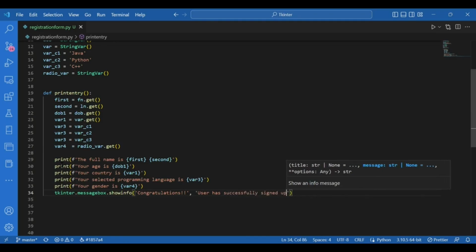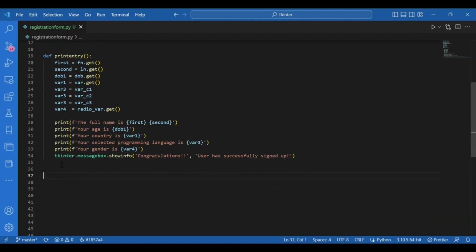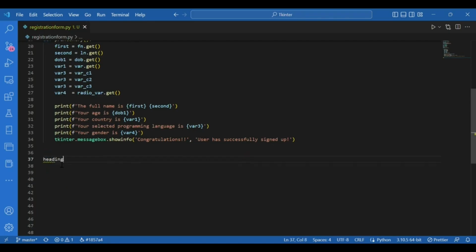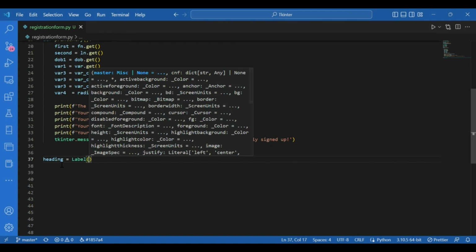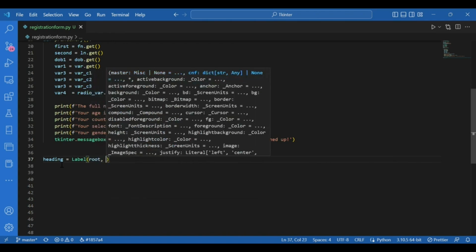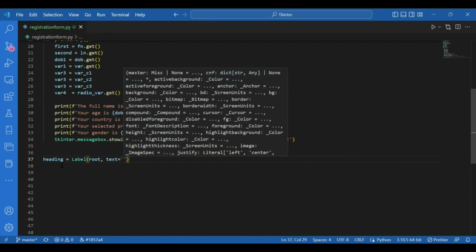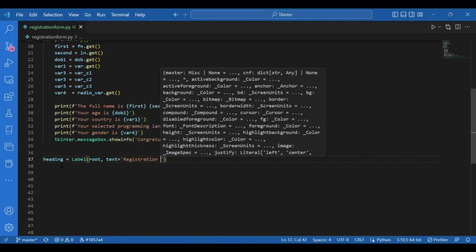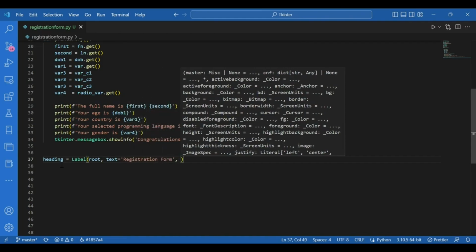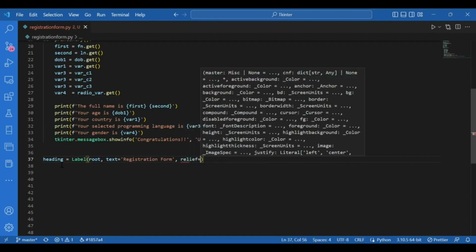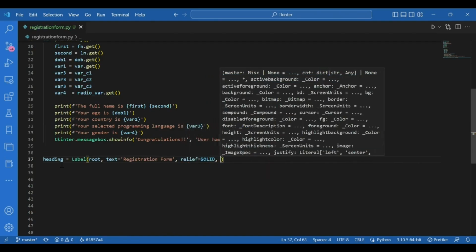Now I'll start with the labels, the text things, and the entry fields. So let's start with the heading. I'll have a heading, registration form. So I'll have a variable heading equals label. Where do I want it? I want it on root, the window I have, and text would be registration form. Let me decorate it a little, so I'll write relief equals solid, width equals 20,